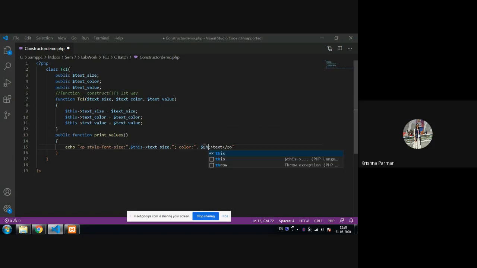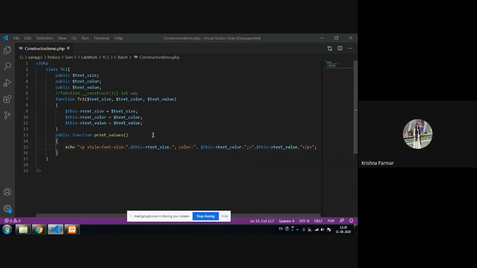And then text_color. Okay, again the semicolon and closing angular bracket are all part of the string. So first go for the dot operator and then this. Now again the dot operator. See, the text is stored here, like in text value we are storing the text. So text_value. After that again put dot, and then after the inverted comma, this way your entire string will look like this. Are you getting my point?